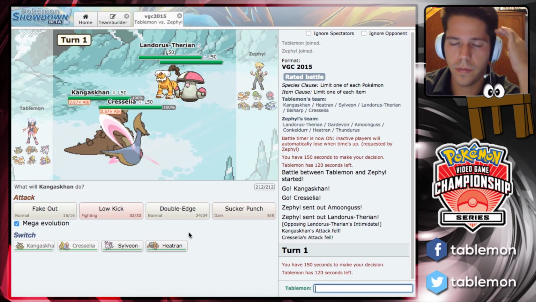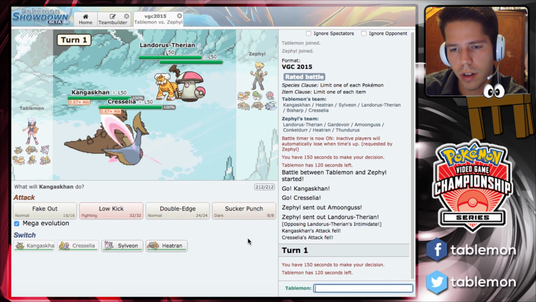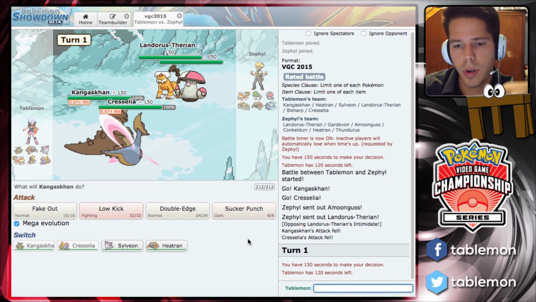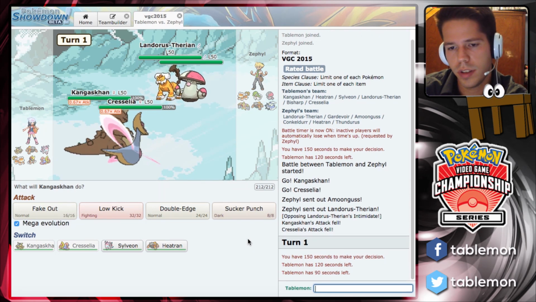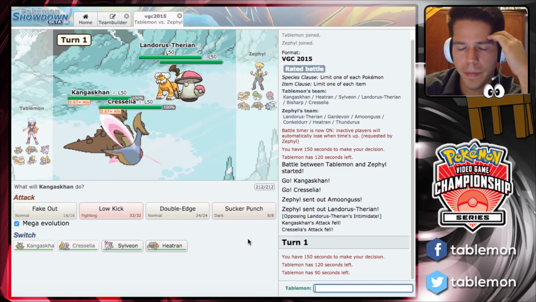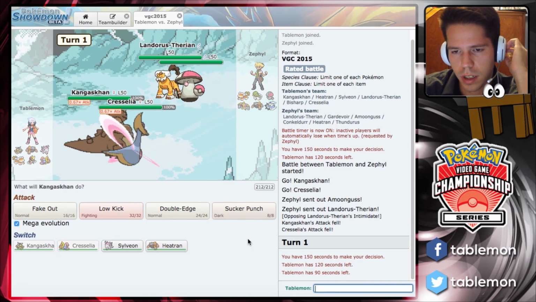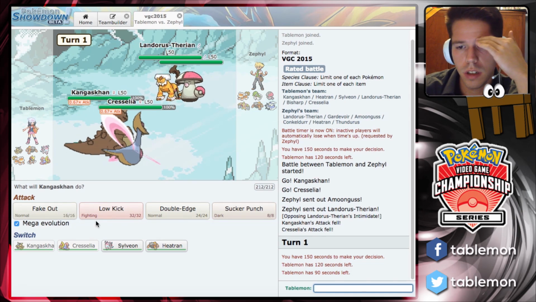Okay, the obvious play here, I'm not entirely sure, because there's two things I can do. Fake Out Amoonguss to prevent Spore and Rage Powder and Ice Beam Landorus, but in the process, Landorus might deal a lot of damage to Kangaskhan, and if it is Assault Vest, I won't even KO. Then Amoonguss might try to Rage Powder the Ice Beam away, or it could predict my double up on Landorus, switch, and Spore something. Honestly, with no information,